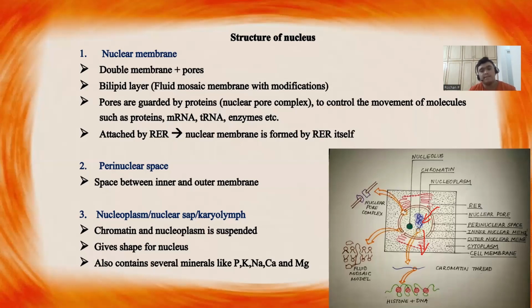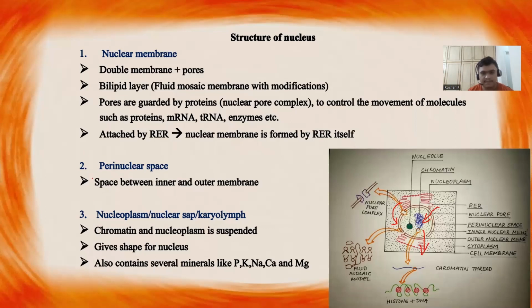We have seen in the functions of RER that RER is the one which is going to produce the nuclear membrane. So this membrane is formed by RER only. If there is no RER, then no nuclear membrane. So we can see here the functions are very much related. Because the function of RER is to produce the nuclear membrane, that is why we can see the structures are also linked. So that is why we see most of the times RER is attached to the nuclear membrane. Next, the second